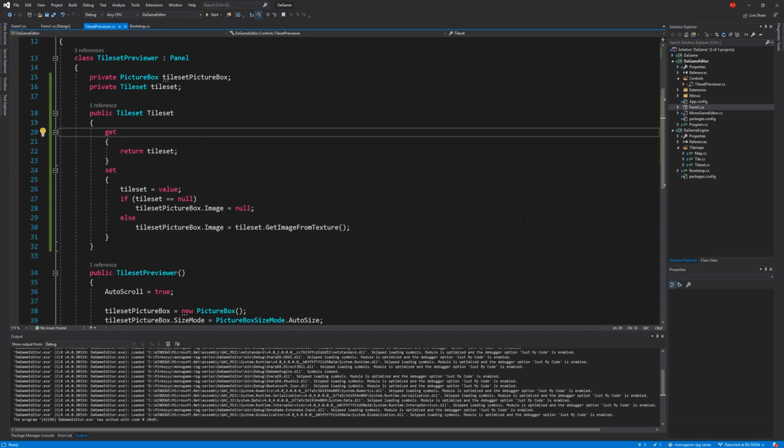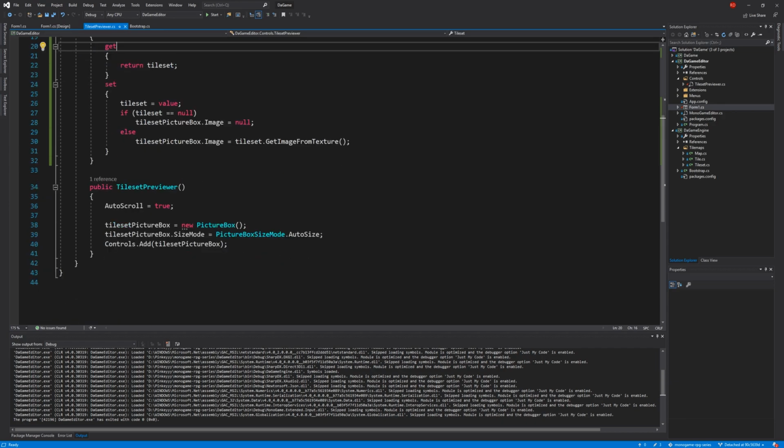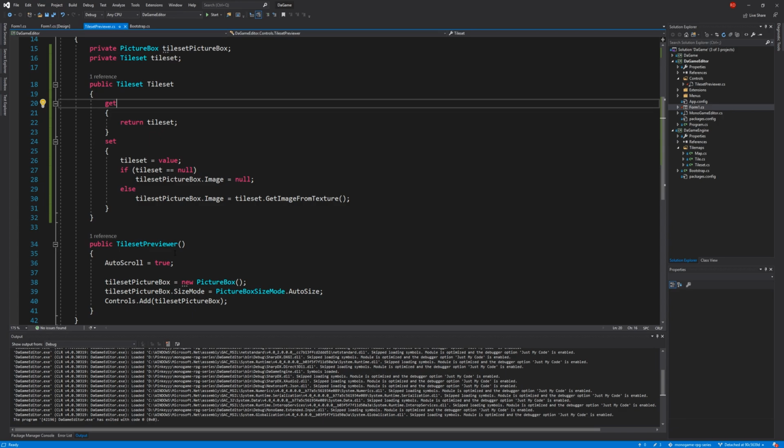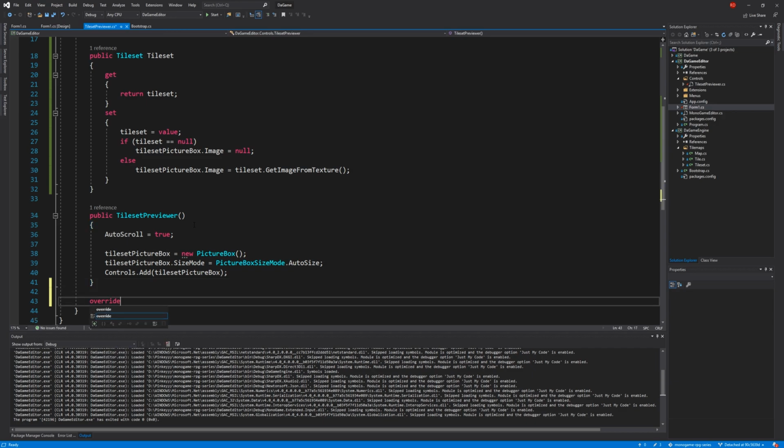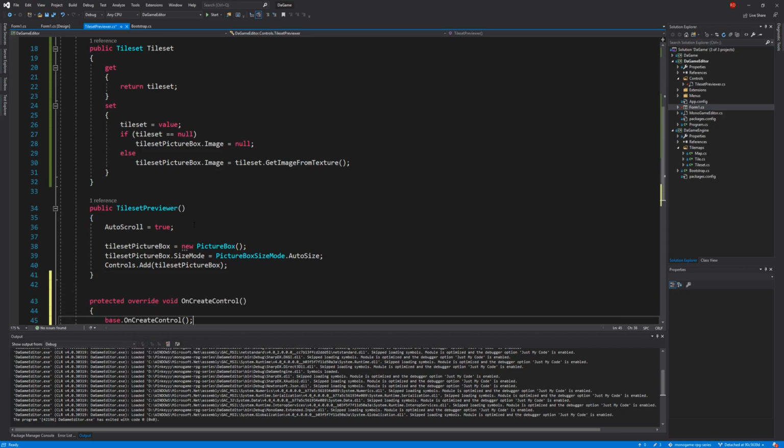And to do that is actually really quite simple. We just need to handle the paint event of the tile set picture box to then draw our frames over the top of the tile set's image. Now we have to handle this event and create the handlers for this event, slightly different to how we have done previously using the designer, because the picture box is embedded within a tile set previewer and thus isn't exposed to us in the designer. Furthermore, paint events are really flaky in the designer at best, so it actually makes more sense to do it this way. So to get us started, we're going to override a method on the tileset previewer called onCreateControl, and